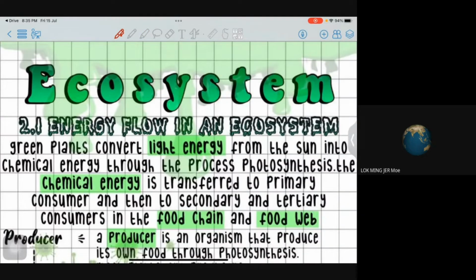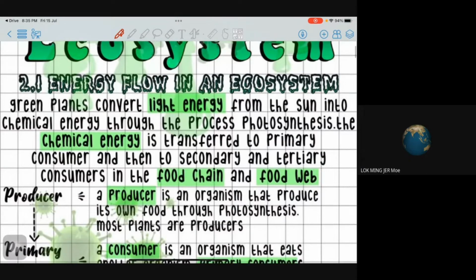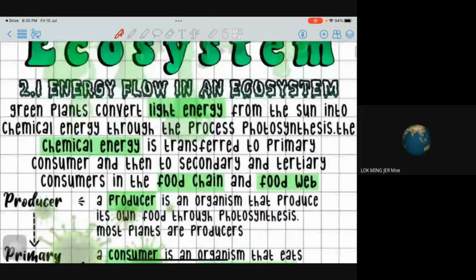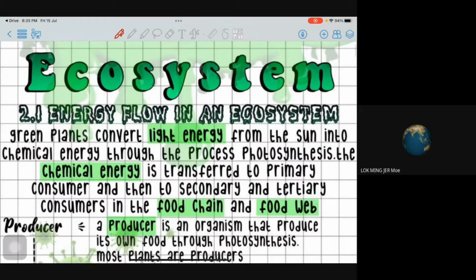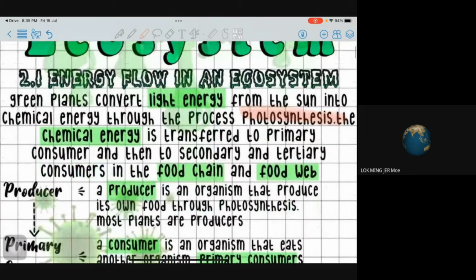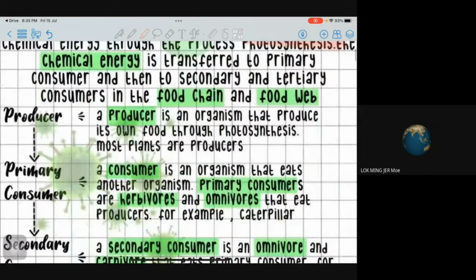So ecosystem, and energy flow in an ecosystem. The first part that we need to know is that green plants convert light energy from the sun into chemical energy through a process we call photosynthesis. Okay, so the chemical energy is transferred to the primary consumer and then to the secondary and tertiary consumer in the food chain and food web. So what does that mean? We start from the